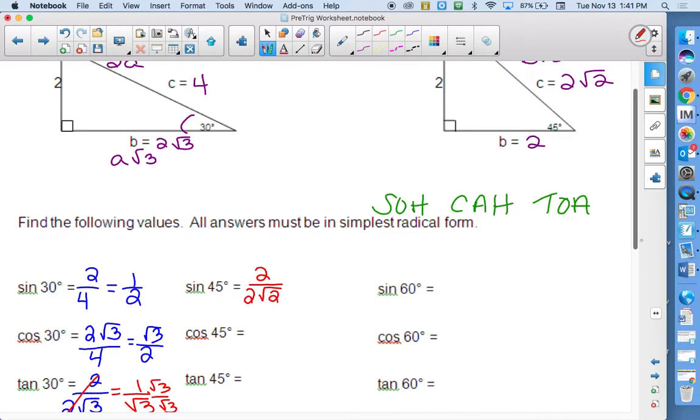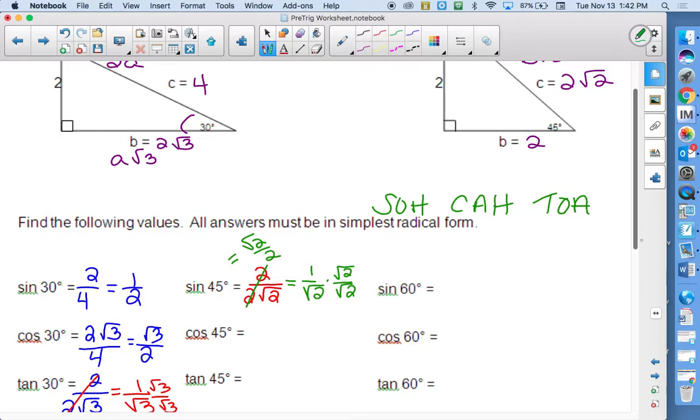And you'll find that working with radicals, you'll get really good at simplifying them, because they're going to be in a lot of the problems. So Michael, how could we reduce this one? You do the same thing, 1 over square root of 2, and then multiply top and bottom by the square root of 2. And that becomes? Square root of 2 over